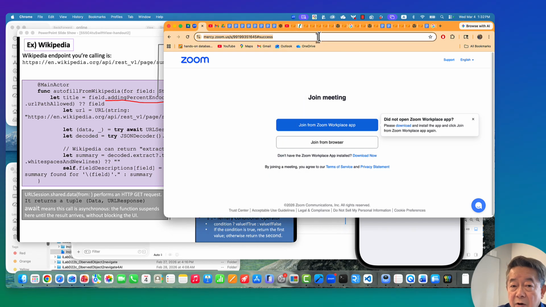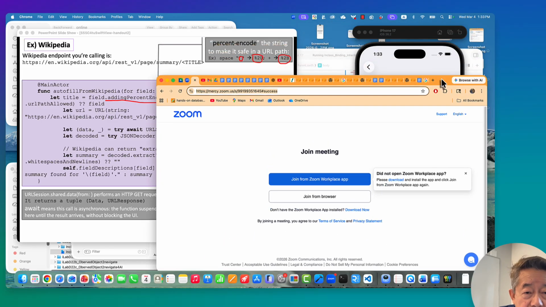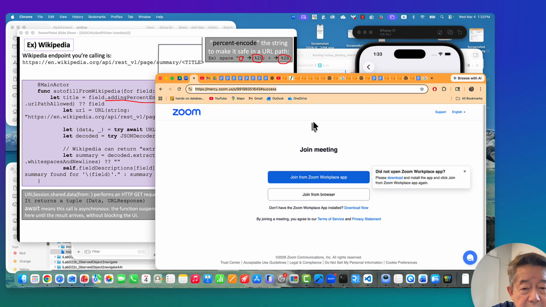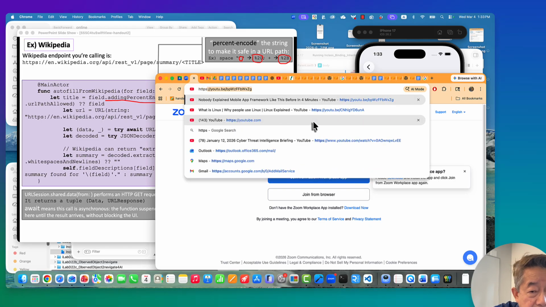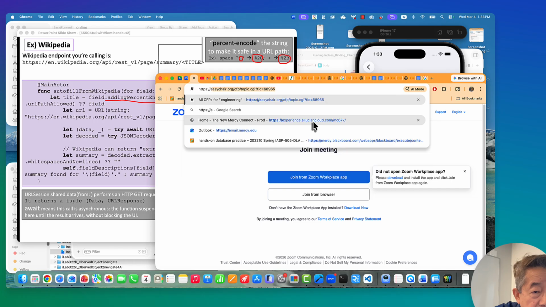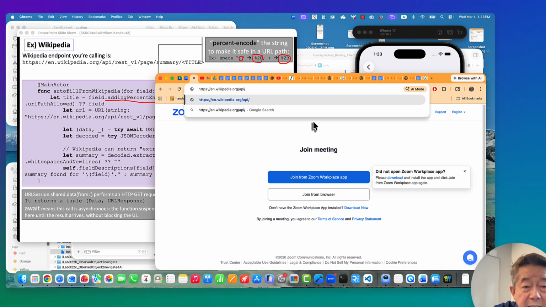The access error in this address. When you form this address, see here, this is my address. The address that I'm going to use is this: https://en.wikipedia.org/api. This is the exact same one that we can get JSON data from the cloud. So that is API, and then the REST API. This is a JSON